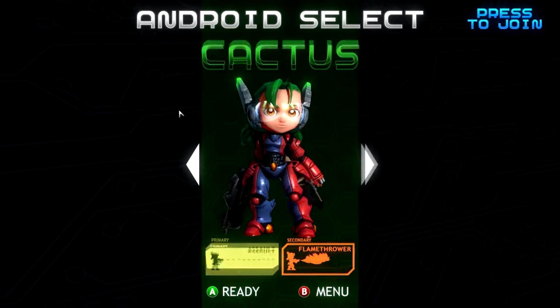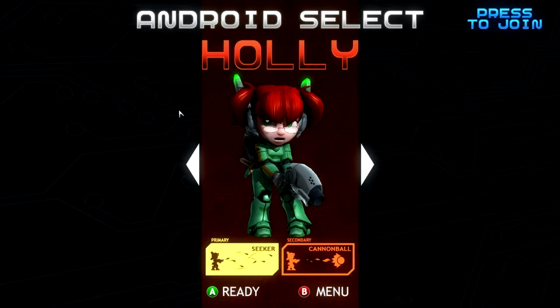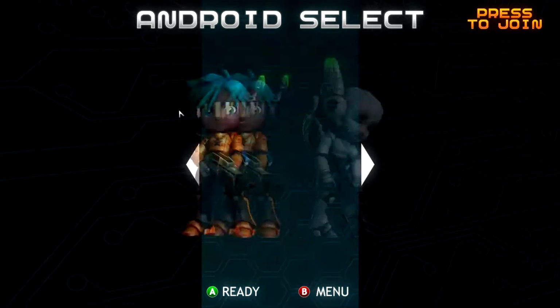So, these are the classes. They differ mainly on the primary and secondary weapons. Everything else that I've seen, at least like movement speed, hit points and so on, all seem the same. So the weapons are assault rifle and flamethrower, seeker bullets and cannonball, spread shot and rockets, shotgun and plasma field,